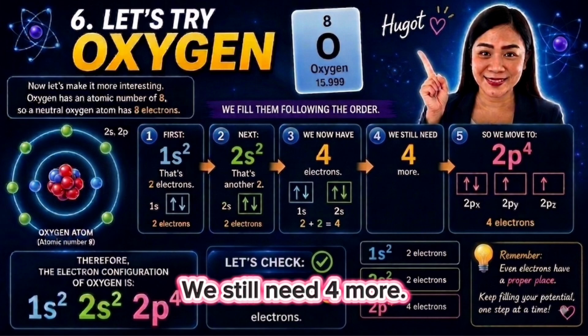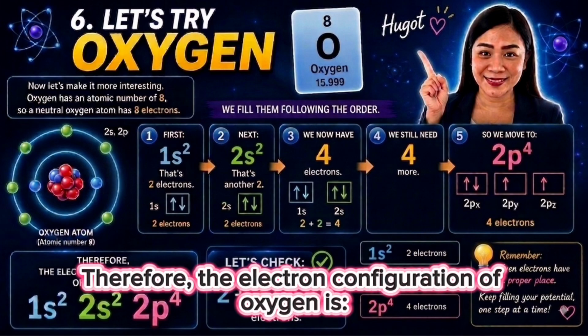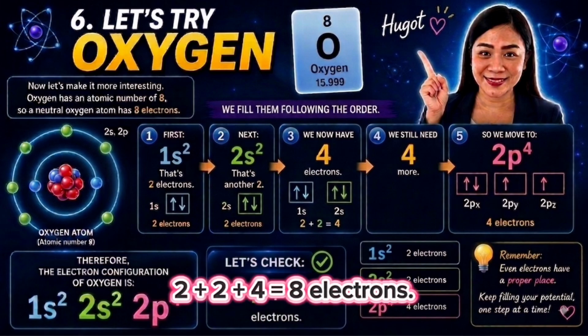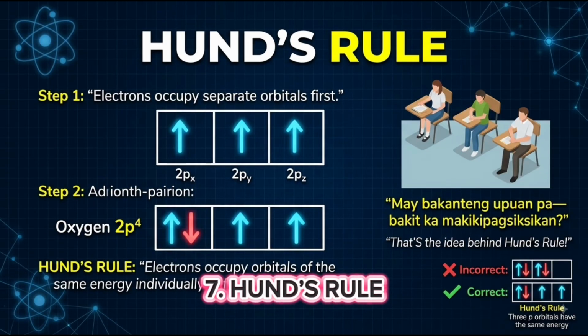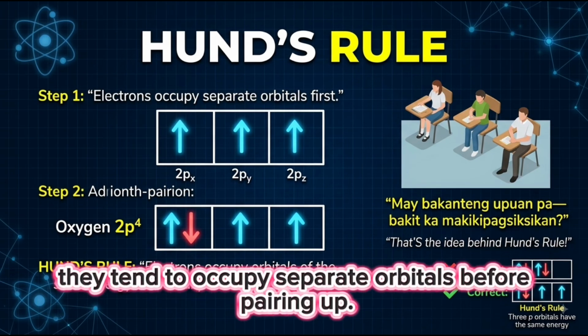We still need 4 more. So we move to 2p4. Therefore, the electron configuration of oxygen is 1s2, 2s2, 2p4. Let's check. 2 plus 2 plus 4 equals 8 electrons. Perfect! 7. Hund's rule. When electrons enter orbitals of the same energy, such as the 3p orbitals, they tend to